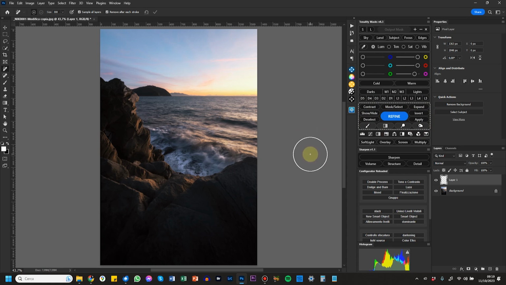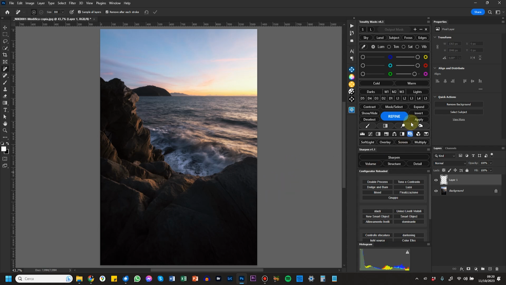If I want to see the selection, I can press Show Hide, and that will show my marching ants on the photo. If I want to hide them again, Show Hide, and the mask is still active. If I deselect, the selection is gone and there is no more active selection.